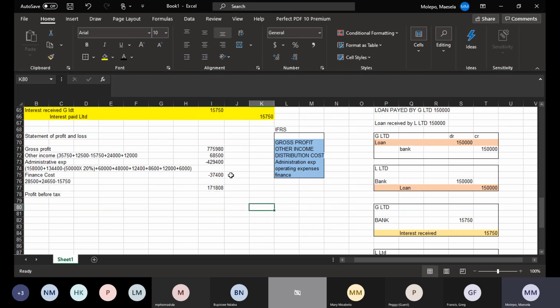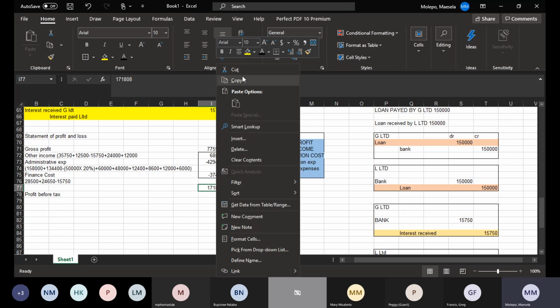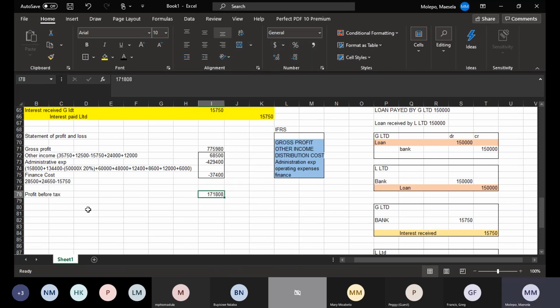The profit before tax will be sitting at 171,808. So that is after taking into consideration of this. You add whatever needs to be added, you subtract whatever needs to be subtracted. And then it will give you the profit before tax of 171,808. Then you have income tax expense, which will be for both the groups. Subsidiary and parent paid an income tax of